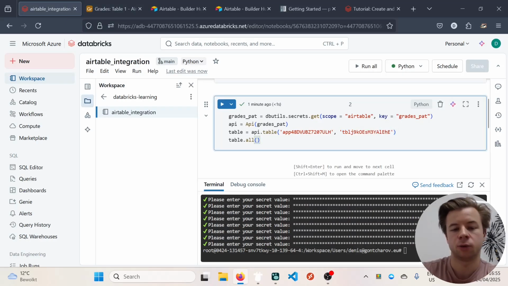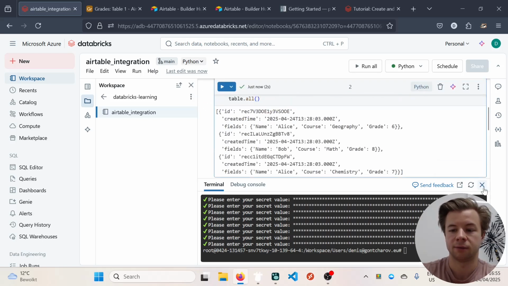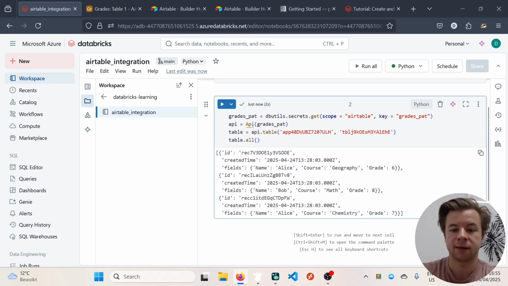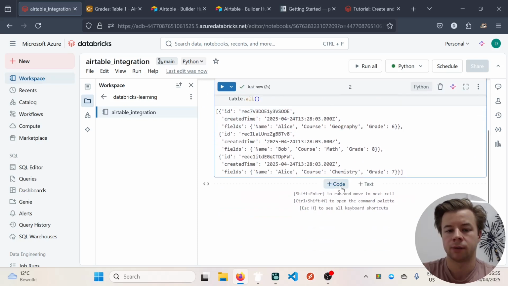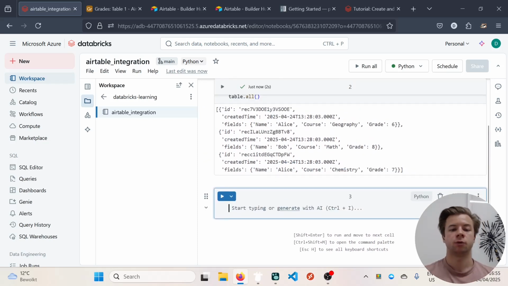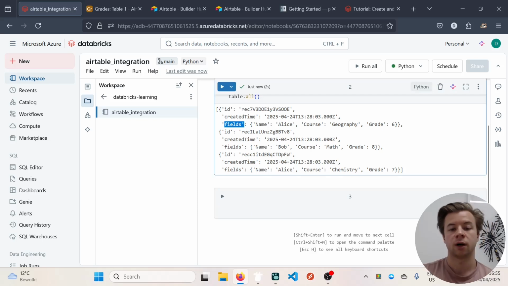And then if I execute the all method, we should see the final results of the table printed in Databricks. Right, that seems to have worked. I indeed see that I have the 3 rows of the Airtable along with additional information such as ID and created time. Now we don't really care about this metadata, so we want to only retrieve the data from these fields,